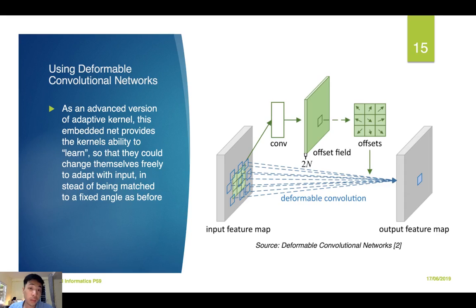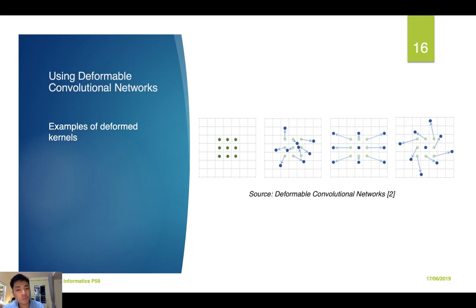That's why I wanted to give it a chance. What this thing does is it feeds the filters or the weights through a convolutional network and trains them so that they could be adaptive to the feature maps as well, which is a bit similar to what I've tried, but this thing is more adaptive, more flexible, because instead of just rotating that, the filters could be anything, in any shape.